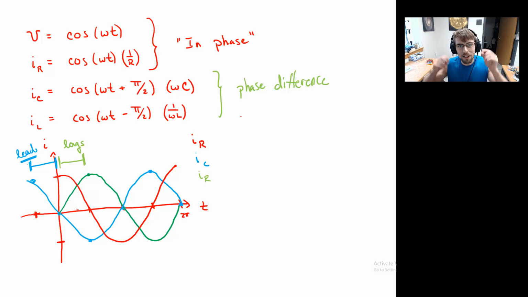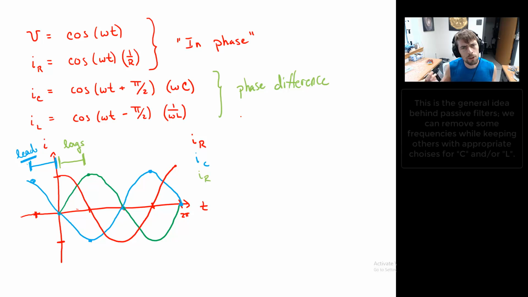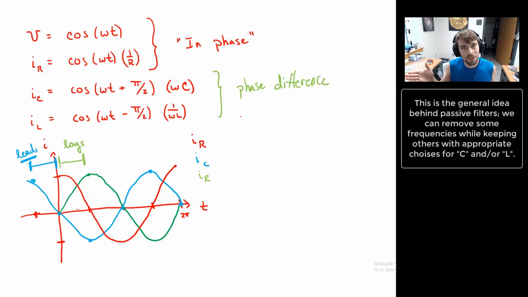Whereas for a capacitor, if you're changing the applied voltage really fast, what happens? Well, the capacitor doesn't ever fully charge up. It's charging, discharging, charging, discharging, charging, discharging. It never gets fully charged, and so it will have a lot of current flowing through. And of course, you can flip it. As omega goes closer to zero,